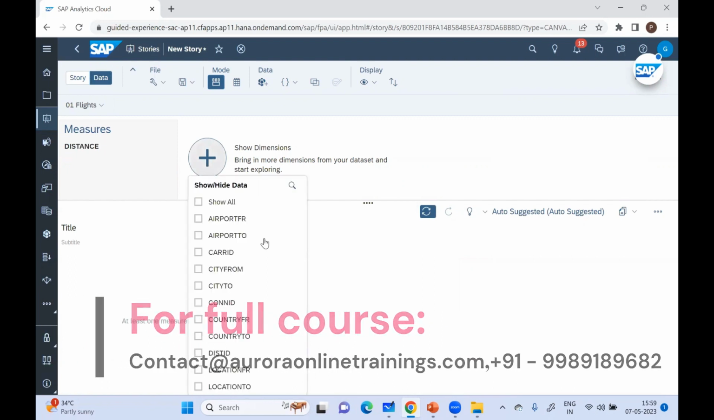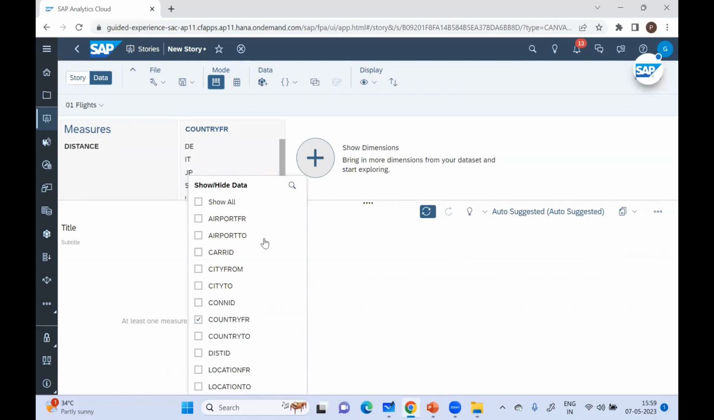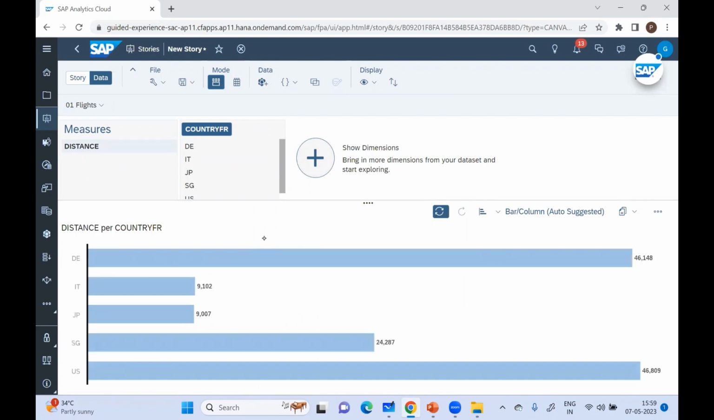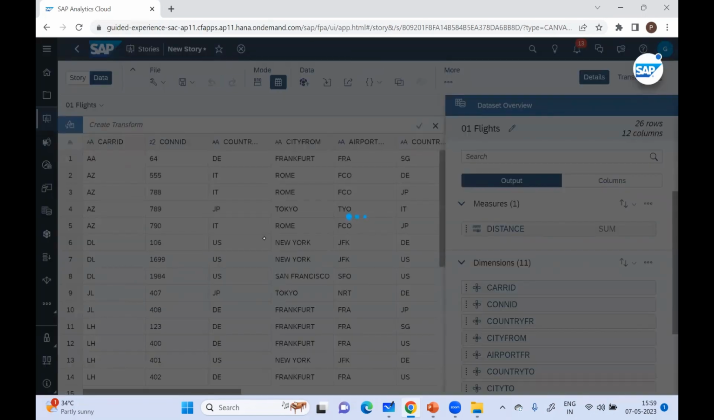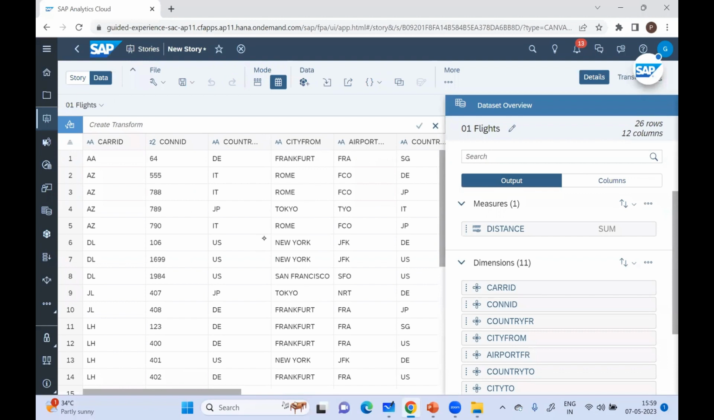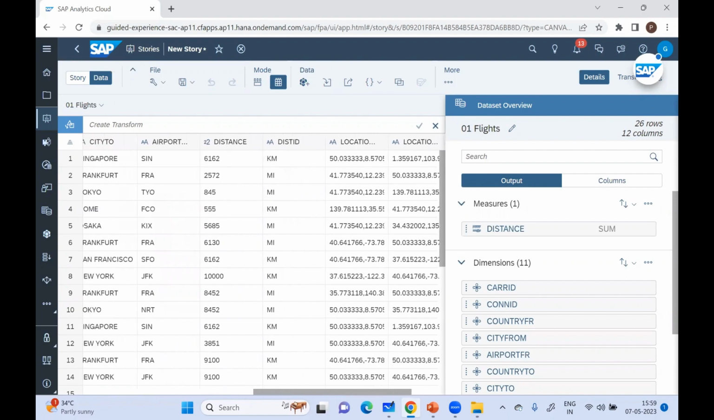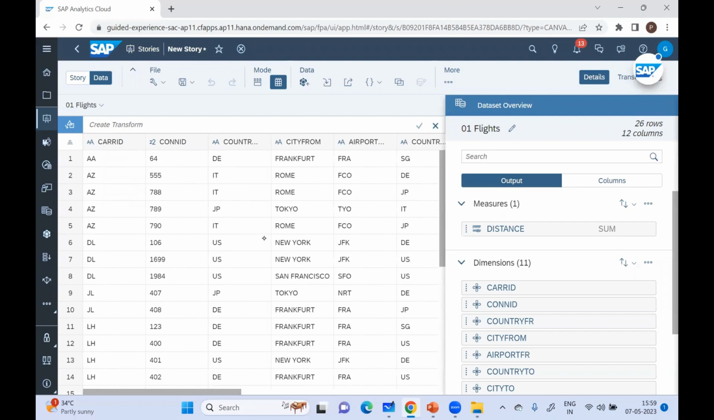For example, in this data, I want to see all the countries from the dimension and a measure. So this is the sample data. If you want to represent it through a table, you can represent it like this. The grid view will give you more flexibility. You can see all the data and we can do some preparation of the data in the grid view. If you want to represent this in a bar chart,